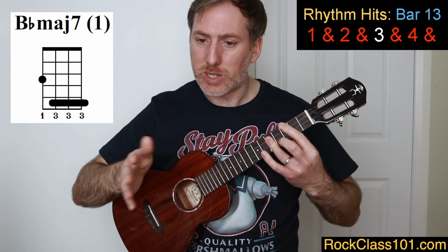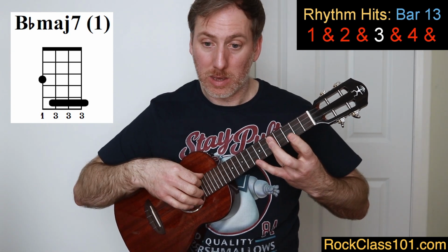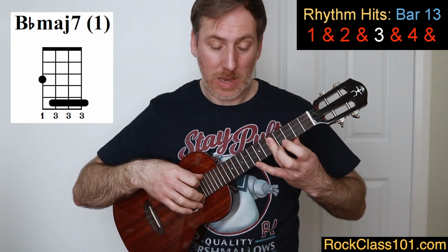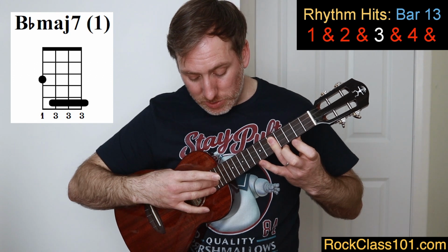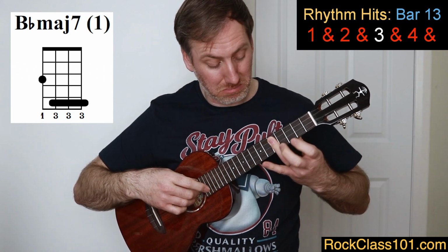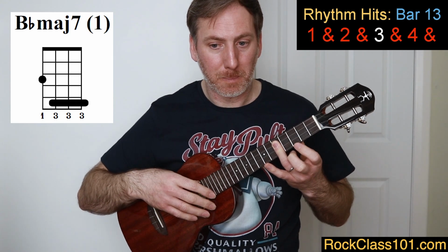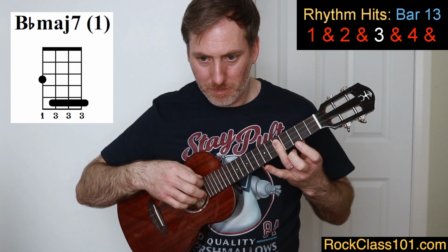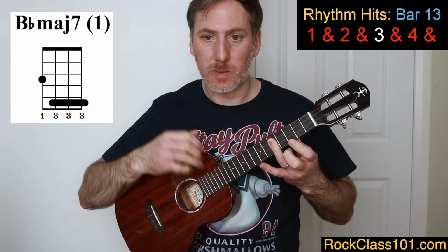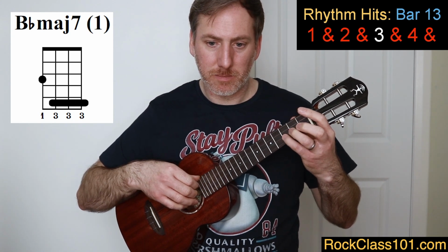So those last 3 notes of measure 13, on beat 4 and the and, we're going to play that on the and, again on beat 4, and then play the A and the E string as a double stop at the 5th fret there, and that's the and after beat 4. So those last 3 notes all at the 5th fret, we would have, that's the end of that measure. So altogether, that measure 13,